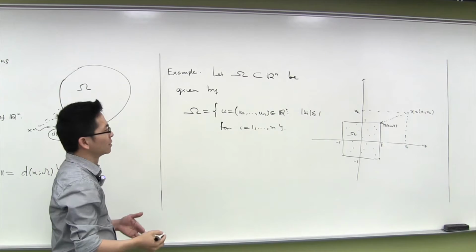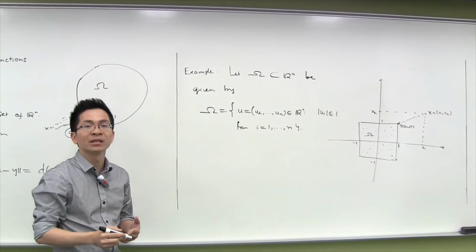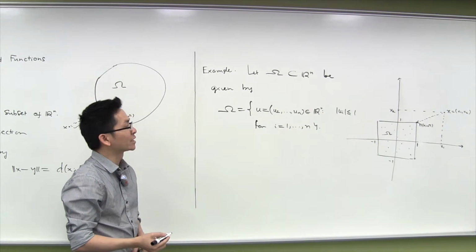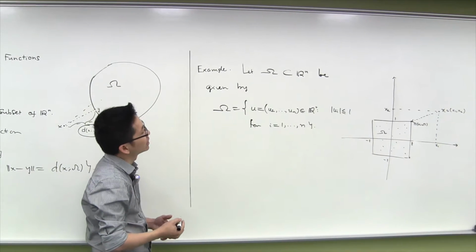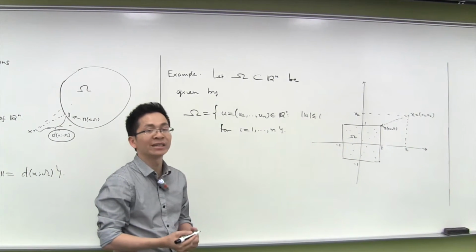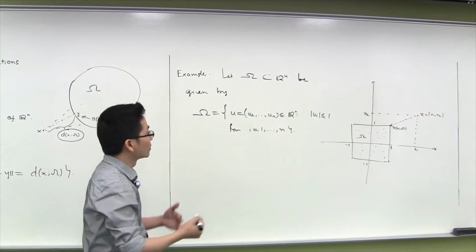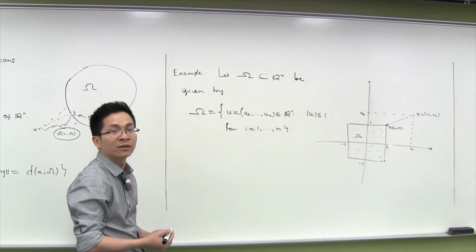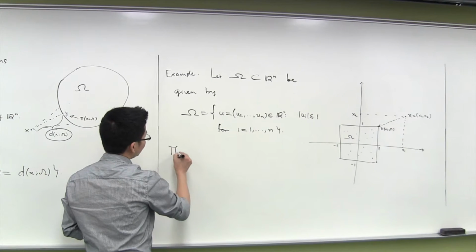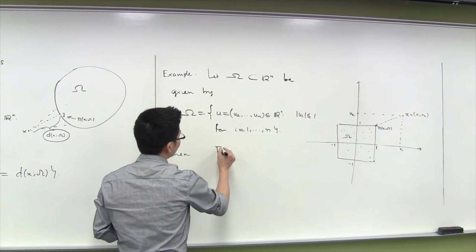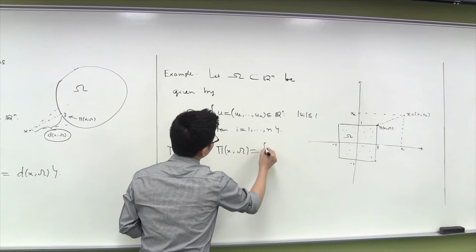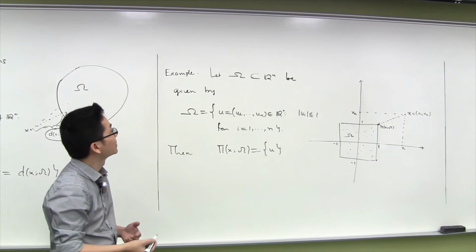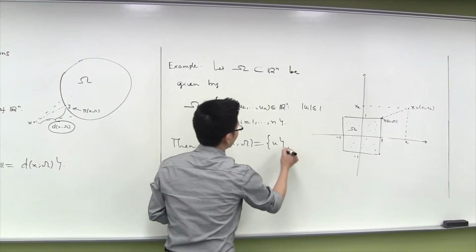In this situation, we can easily obtain a formula for computing the distance from any point x to omega, as well as the Euclidean projection from x to omega. In fact, the Euclidean projection from x to omega plays a very important role in optimization. So let me write down the explicit formula for finding the Euclidean projection from x to omega. In this situation, the projection is a singleton, and again omega is a non-empty closed convex set.